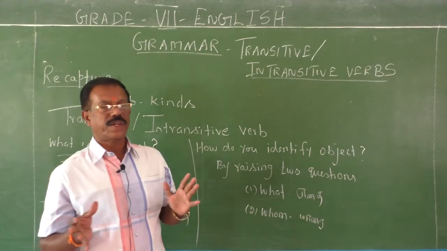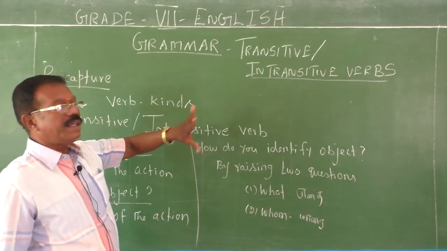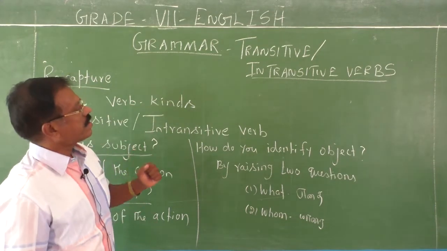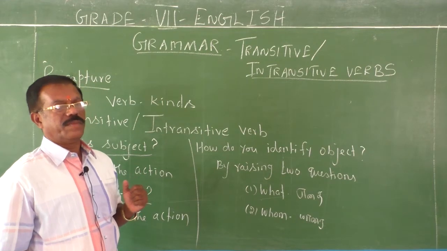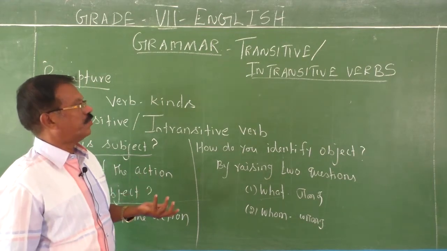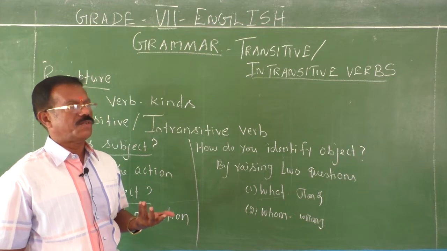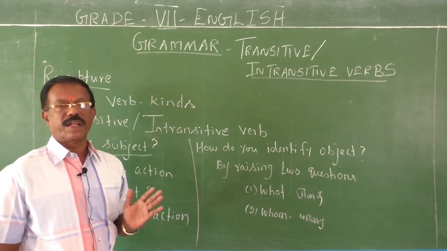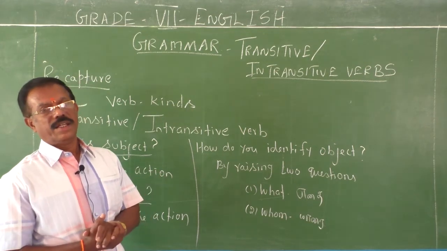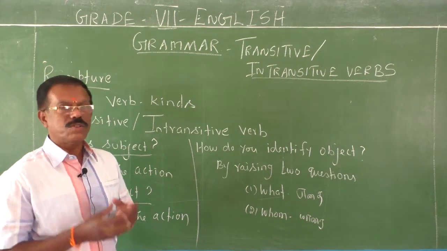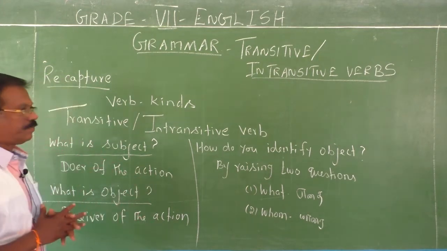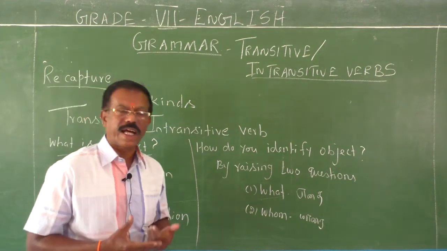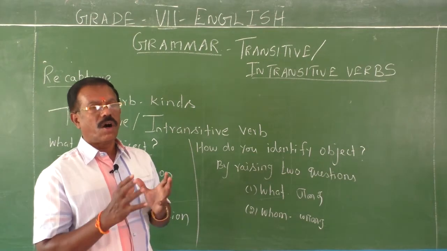Verbs are further classified into main verbs, especially are classified into transitive and intransitive verbs. What is transitive verb? What is intransitive verb? How can we identify transitive verb? How can we identify intransitive verb? How can we differentiate intransitive verb from transitive verb? Don't worry children, I will explain everything in today's class. Before dealing with all these things, you should know what is an object, what is subject, what are complements, what are adjuncts. You should know all these things.